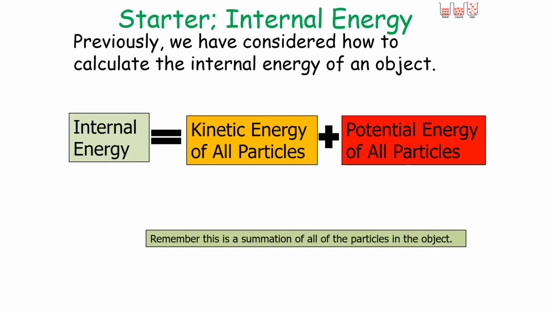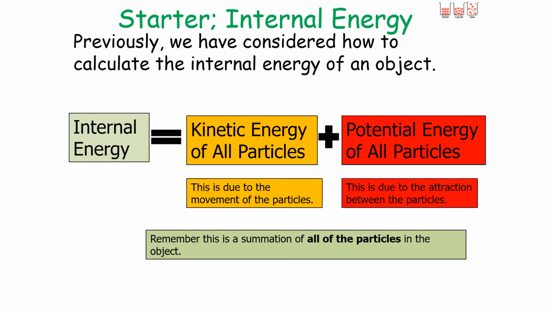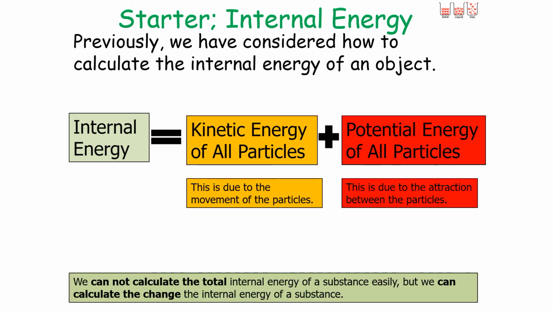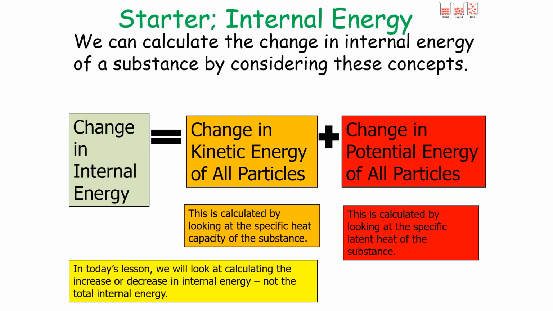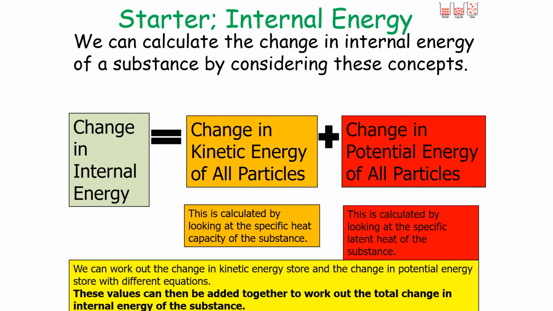Now, previously we have said the internal energy is equal to the kinetic energy of all the particles plus the potential energy. The kinetic energy due to the movement, the potential energy due to the attraction. Now, we can never calculate the total internal energy of a substance easily, but we can calculate the change in the internal energy of a substance. Now, the change in the kinetic energy store can be looked at with the specific heat capacity. The change in the potential energy store can be looked at with the specific latent heat of the substance. Now, we can always work out the change in the kinetic energy store or the change in potential energy store with different equations. Then you can add the values together to work out the total change in the internal energy